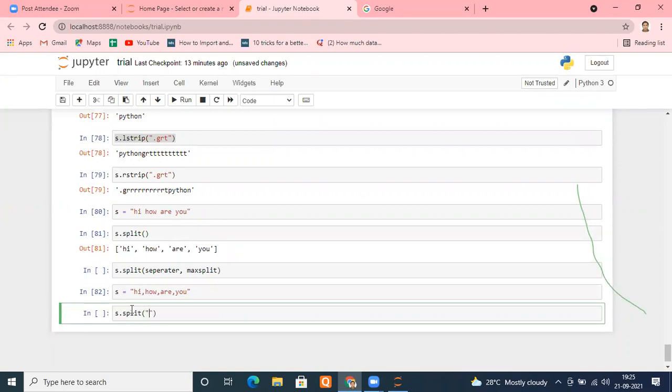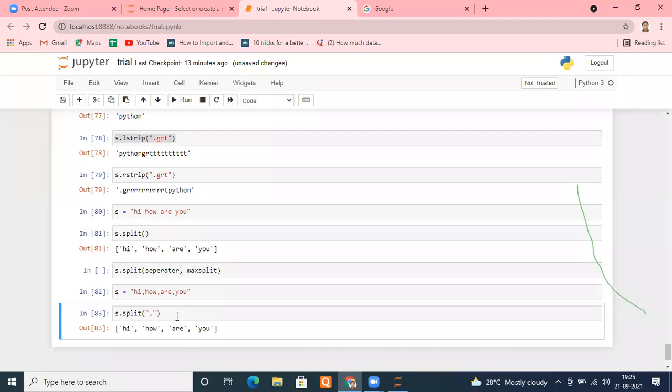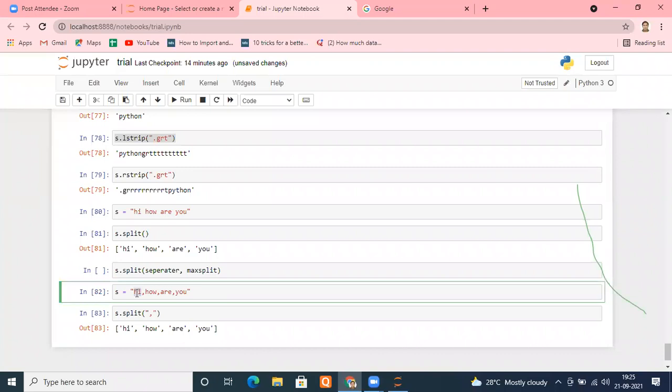Comma. Put that inside the quotes. Now see what will happen. It has split the entire string: hi separately, how separately, are separately, you separately, wherever a comma comes, and stored them in a data structure known as a list.